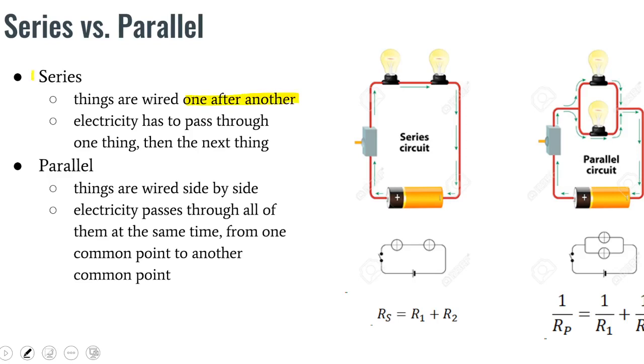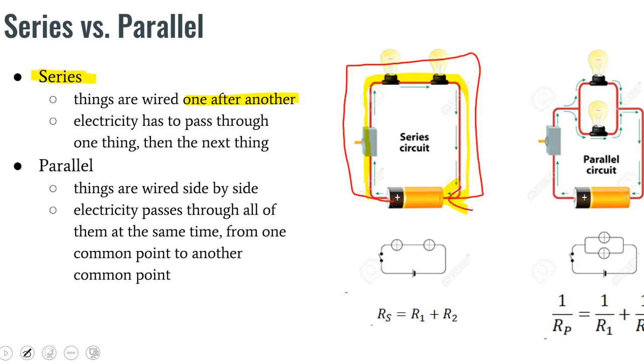So when they are connected one after the other, we identify that as series. Here, if the electric flow is from the battery, it will go through all the components that are part of this circuit, one after the other, to reach the end point. So it will start from here, go through here, go through these, and come back here. So that is